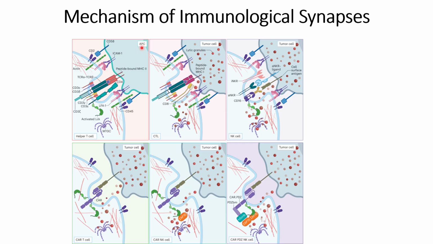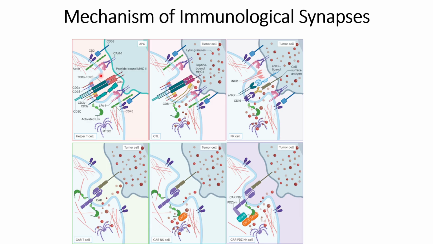In this case, the objective is to provide antigen information from the antigen presenting cells to the helper T cells, so the T cells can develop antibodies against those specific antigens that are presented by the antigen presenting cells. In this case, this MHC2 interaction with the T cell receptors is important, and this interaction alone is not